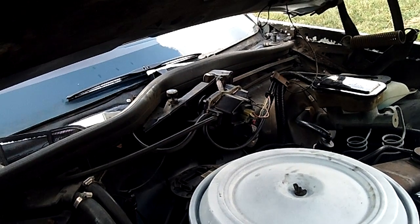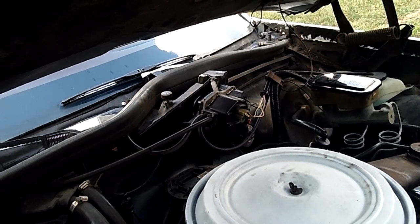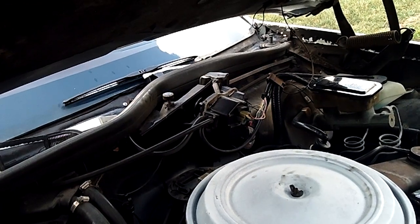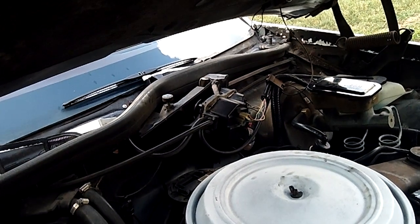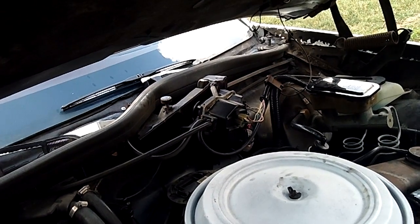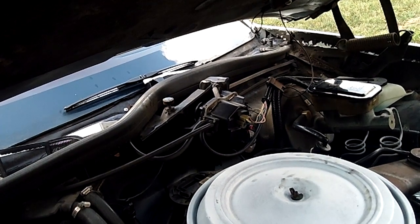The other thing I was concerned about was there's no magnet in the transmission pan. I don't know if maybe they just didn't put one in during these years. I'm unsure of that. I'm definitely not the transmission expert, but there was no magnet in the pan, so I don't know if that's going to pose an issue or not. Once again, I'm not worried about it, because if it is supposed to have a magnet, we're going to be changing the fluid again here soon, probably next summer, just to try to cycle out the rest of that fluid and give it a good helping hand,